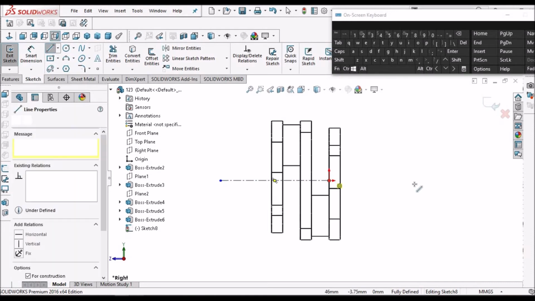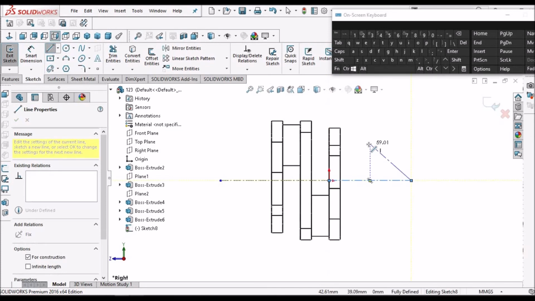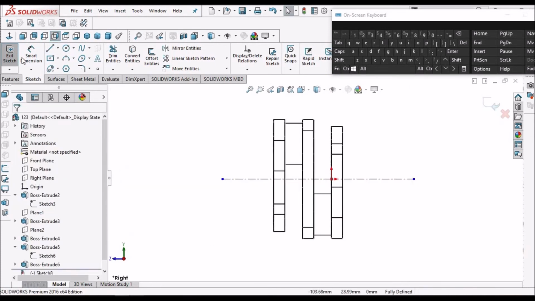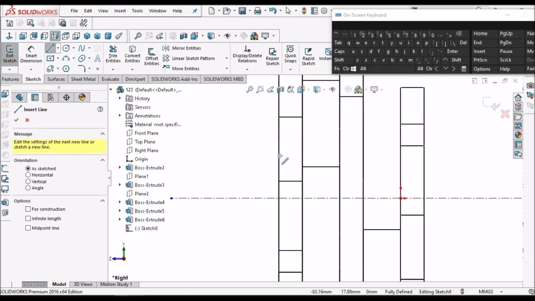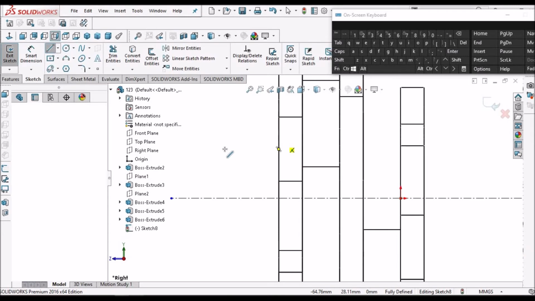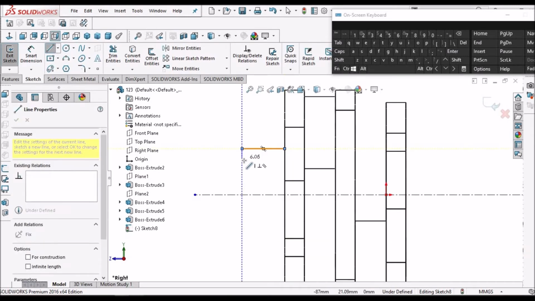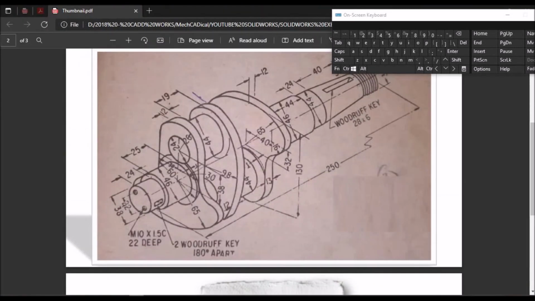Select construct two center lines. So we have to create the shaft. See, there are two steps.